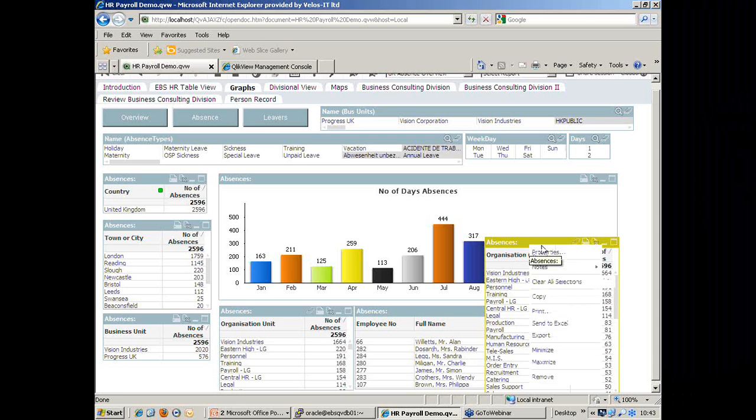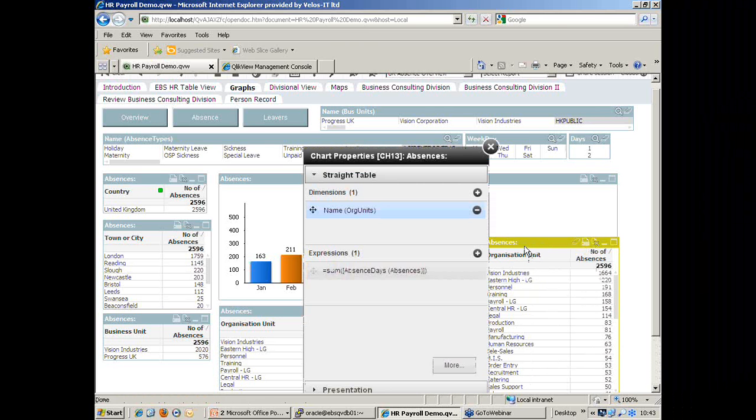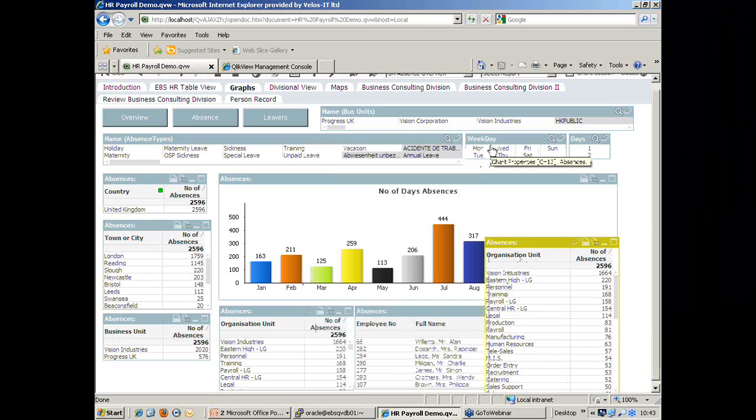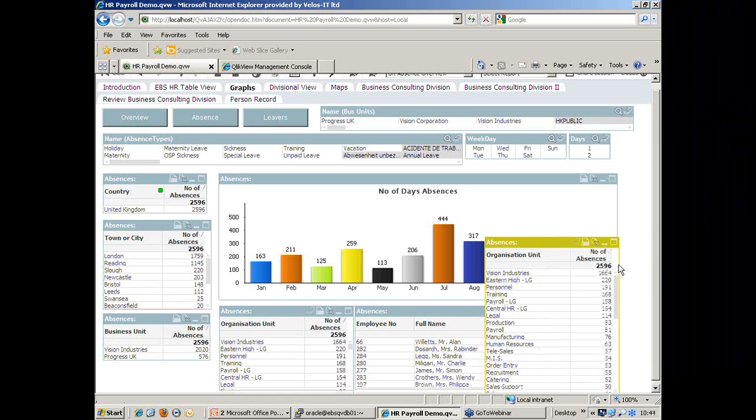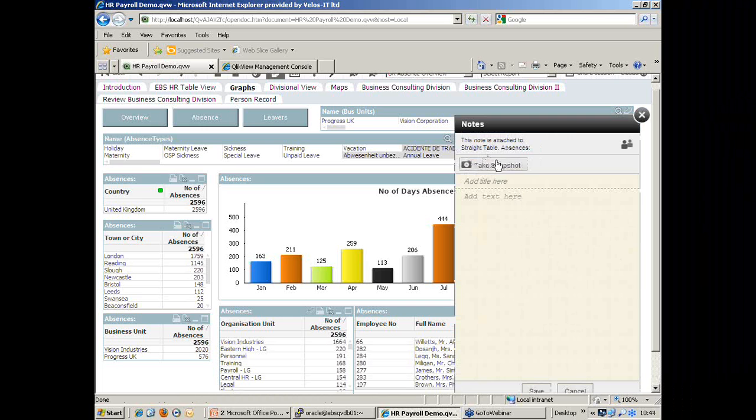You can modify the properties of this object, and this is just using standard desktop browser functionality. You can change the dimensions of the chart, you can modify the expressions, you can change the colors and so on. What you can also do is share this chart with others. This now would only be visible to myself, but you can share it across your organisation or to named people. You can also attach a note to the chart. So if you found some interesting data and you want this to be known and understood within your